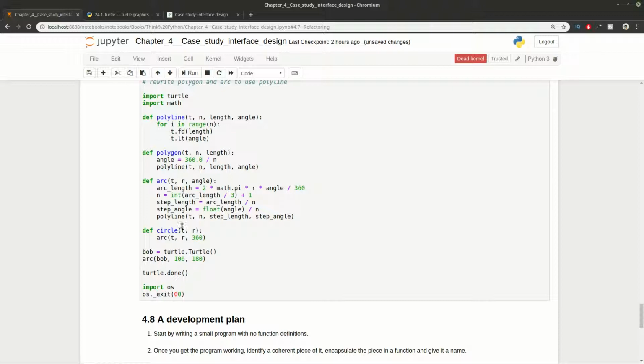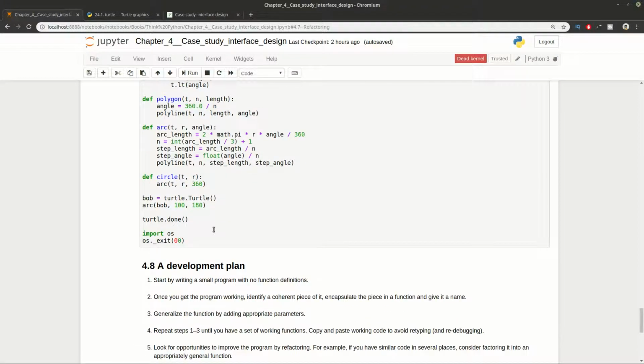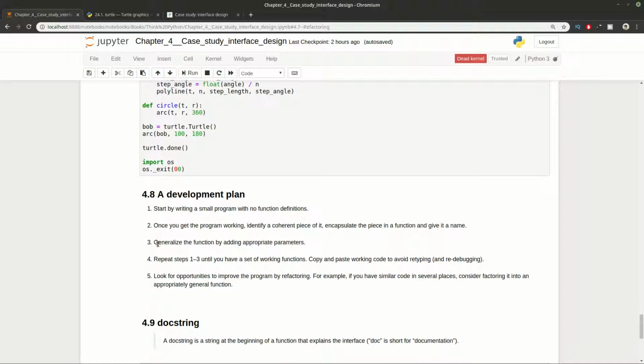So I put all the functions here, and you can find them, and how now the program is a bit more clear and easier to use. For example, you can write a polygon, you can write draw arc and circle, and you can see how to use them. In order to do a good working plan, you can find some steps here. You can read it. It's a simple and generic one. You can do some improvements on it, but I recommend having something similar when you're dealing with software problems.